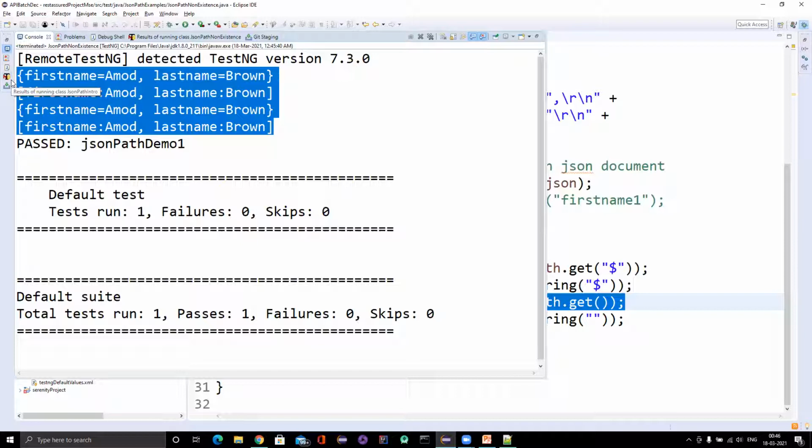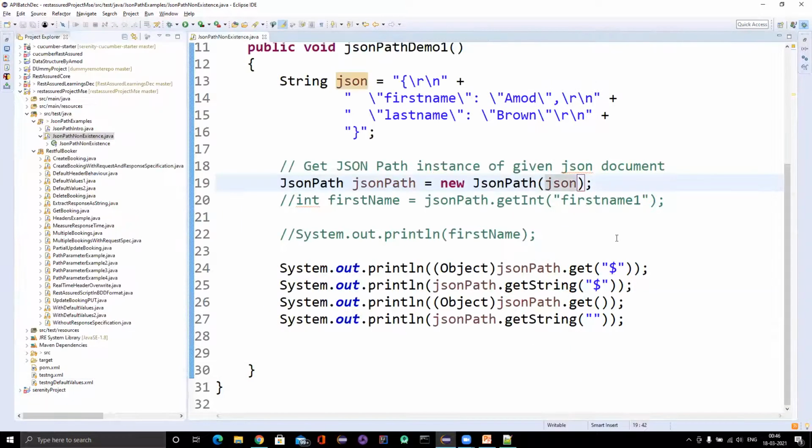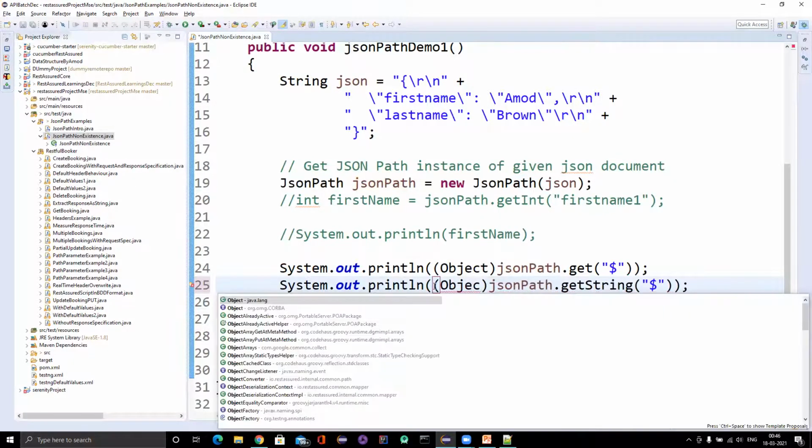Whenever we are using this dollar sign here, you can see that because we're converting to object, it is giving you proper values. If you convert this one to object also, let me see whether it gives you the proper value or not.